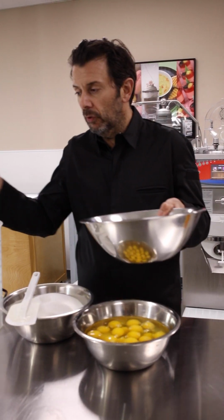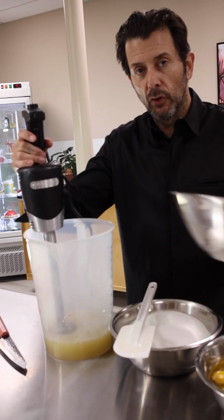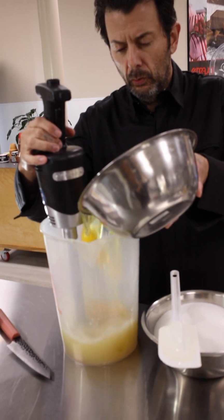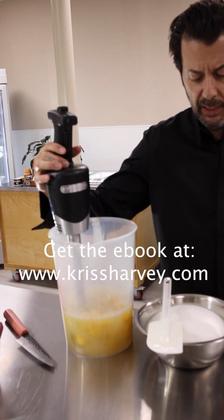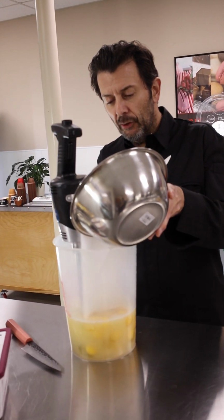So we have your lemon juice. You can use fresh or frozen. I'm using the Verges Boiron, and these are whole eggs. Again, this recipe is in my ebook at my website, krissharvey.com. And then we have the sugar. And the last ingredient we're going to add